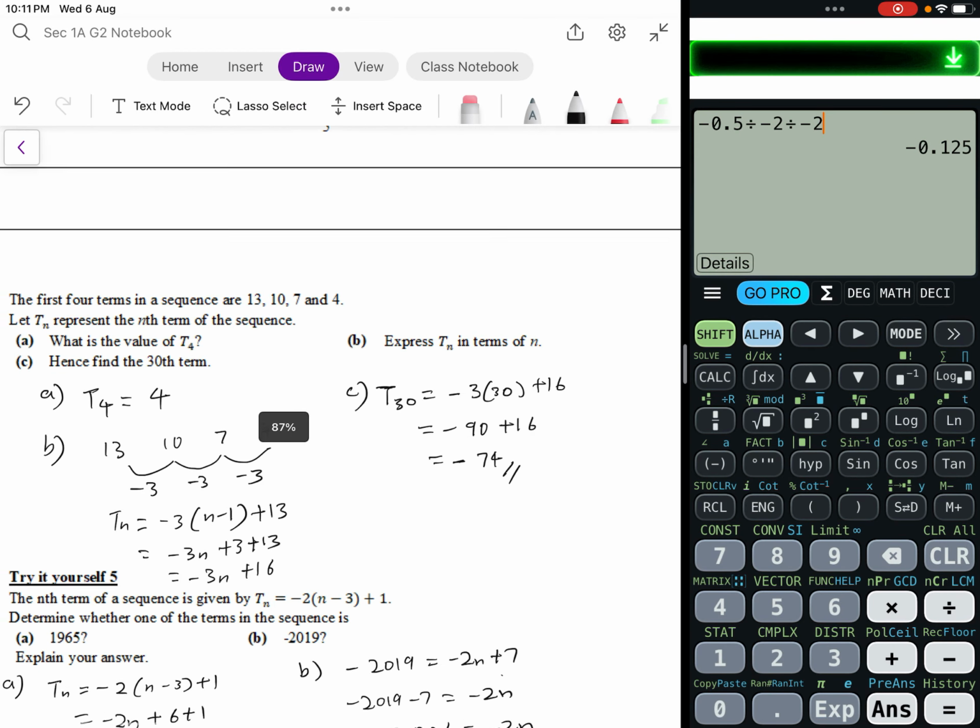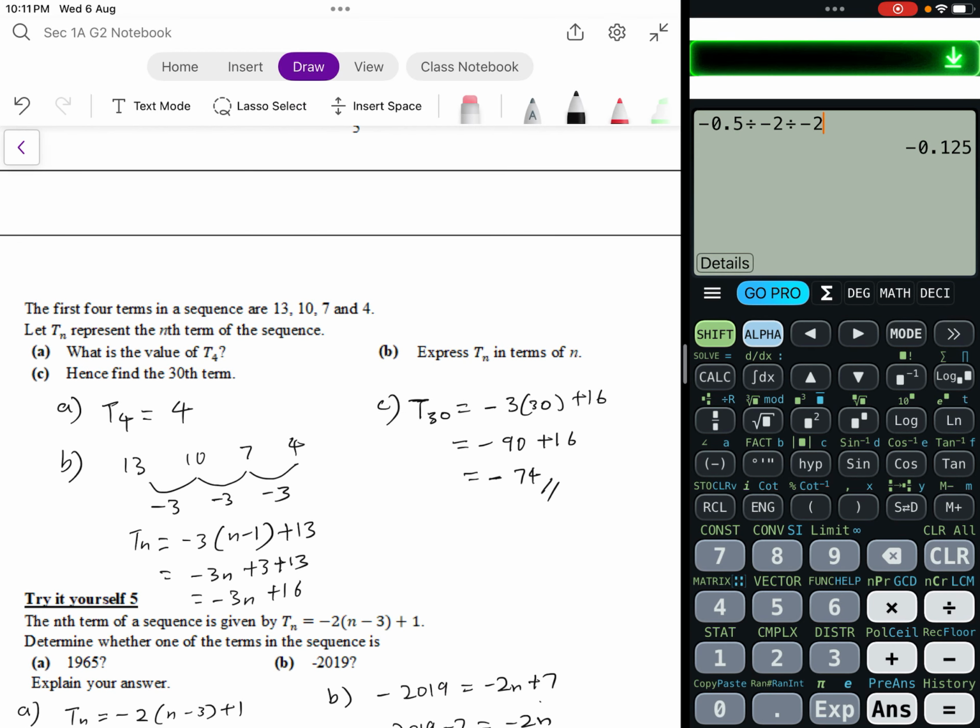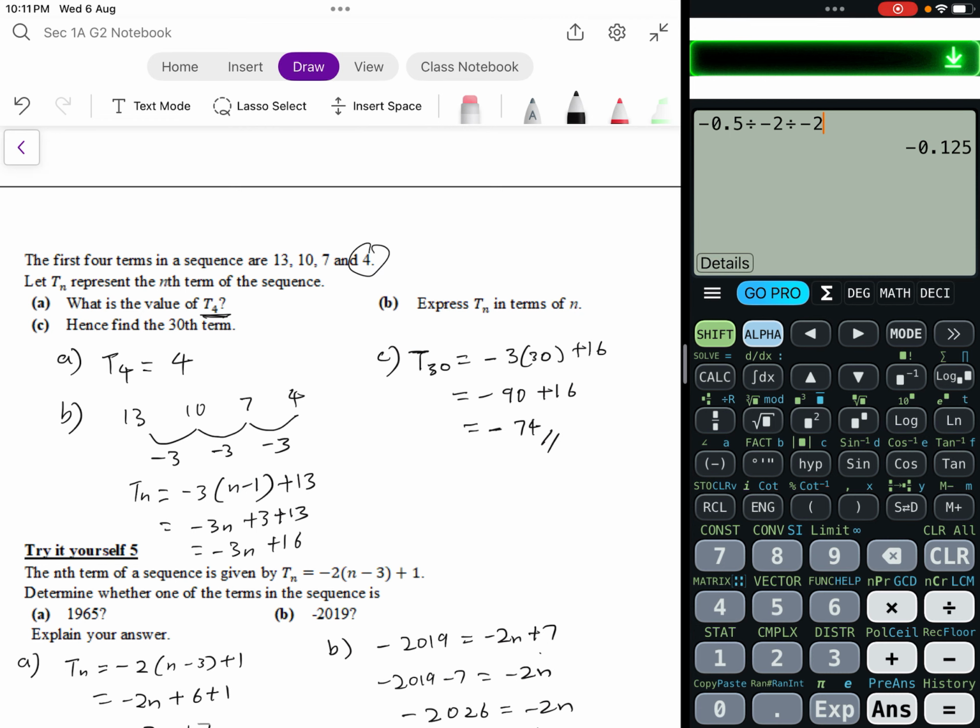try yourself 4. You have the sequence 13, 10, 7, 4. They ask you what the fourth term is. It's 4. Then they ask you to express Tn in terms of n. At this point of time, you should already be very familiar with the